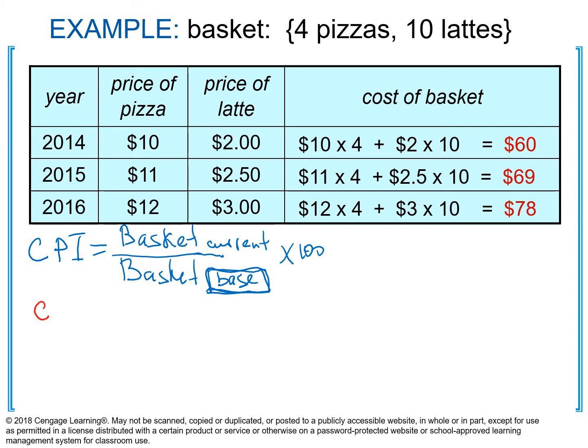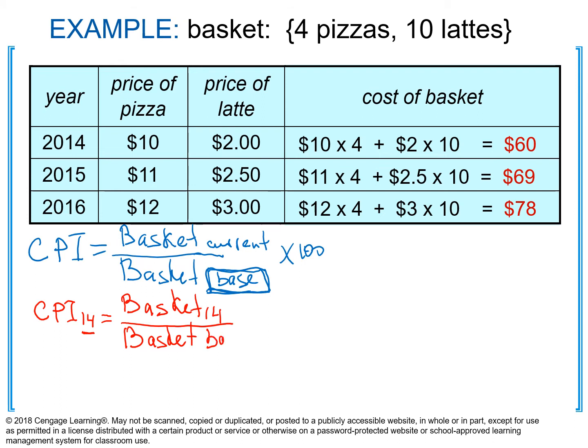So I all the time like to write down the formula first. So CPI for year 2014 is going to be equal basket cost. I'm just going to put basket. Remember, of the current year. What is the current year? Current year is year 2014. Basket for year 2014 divided by the basket